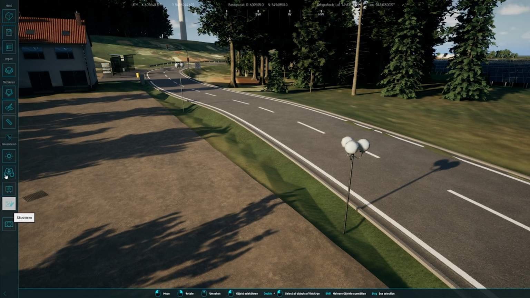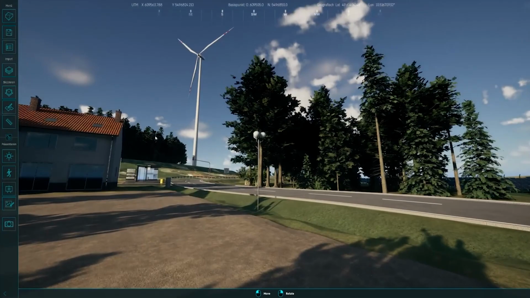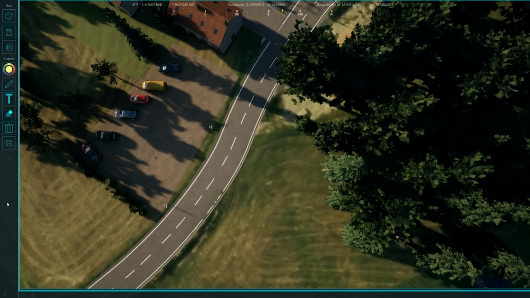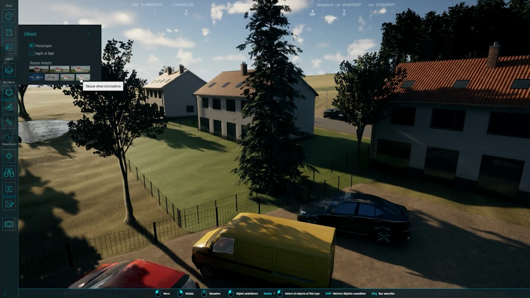When looking at a plan, you can jump into the pedestrian perspective and freely walk around. You can put notes and sketches on screenshots, for example, if you want to send a note to a colleague or client. GeoVisual offers you several render looks, so you can adapt the look of your presentation to the occasion.